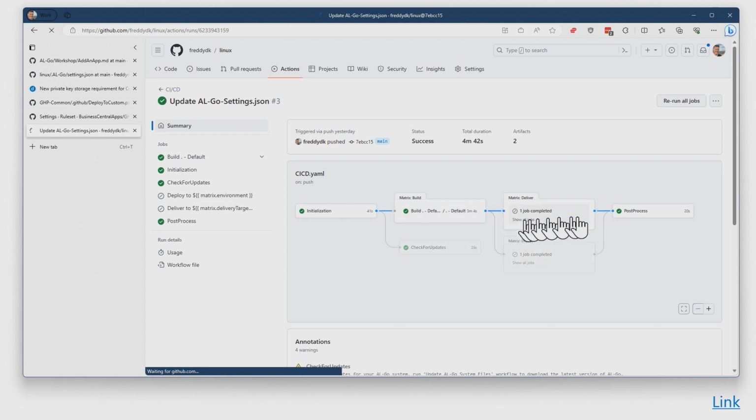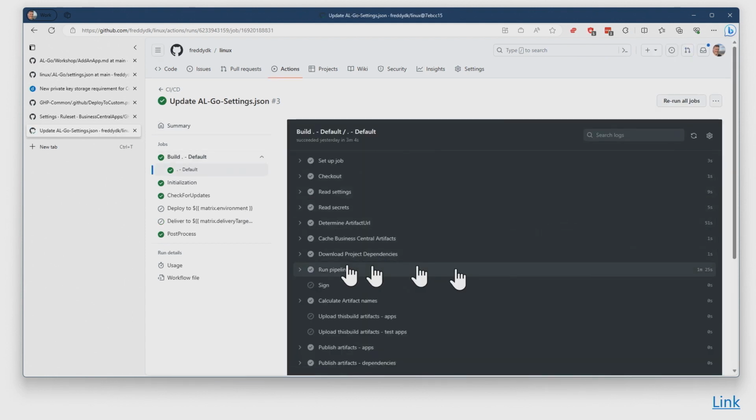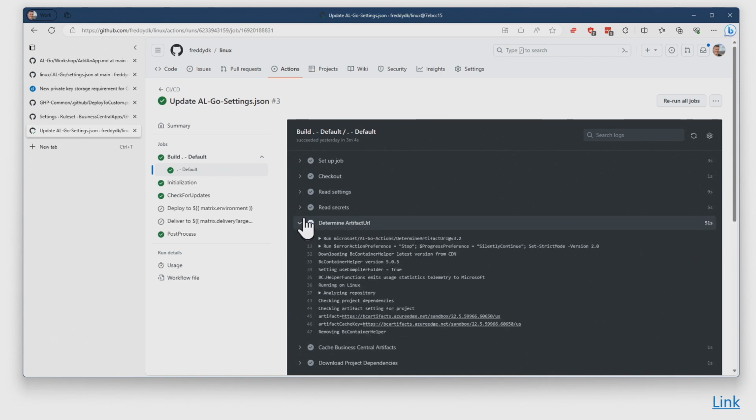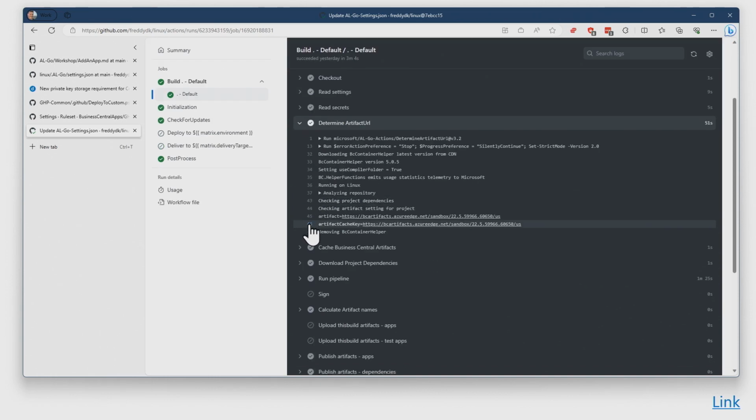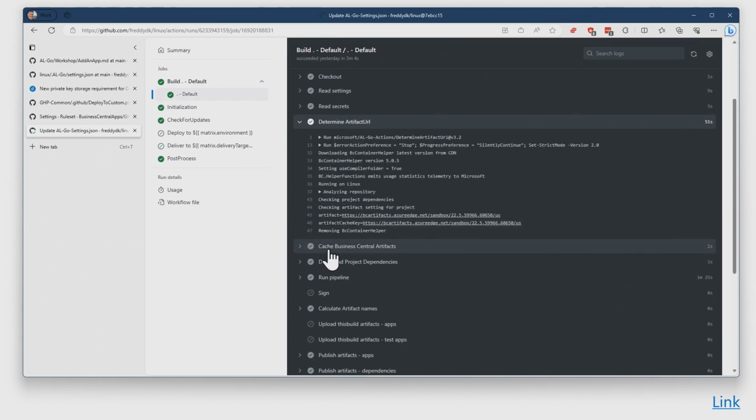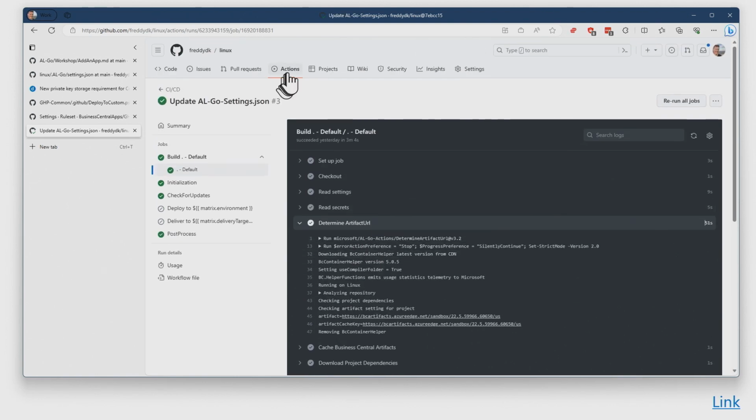And 3 minutes and 4 seconds for the build, and 1 minute and 25 seconds for the run pipeline. And the determine artifact URL takes 51 seconds. This is actually where it downloads the Business Central artifacts to the runner. And then there's a step here called cache Business Central artifacts, meaning that if I run this build once more,